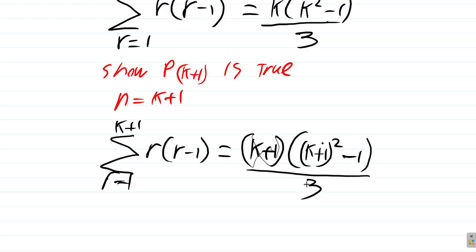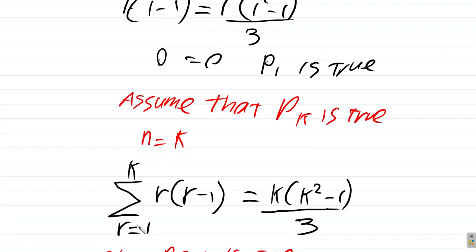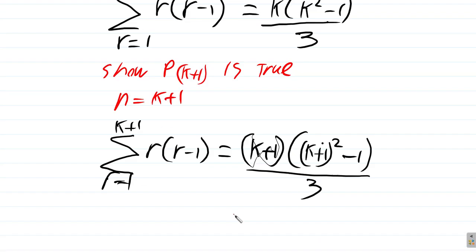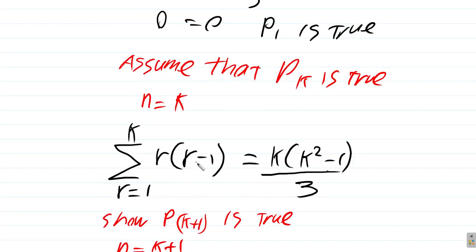All right. Now, there's a problem with this part. It was not shown what the sum from r equals 1 to k plus 1 of r minus 1 is, what kind of expression that is. It shows from r equals 1 to k, but what about r equals 1 to k plus 1? Since you know that the sum from r equals 1 to k of r minus 1 is k squared minus 1 over 3,